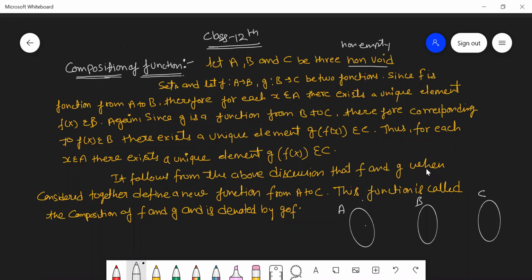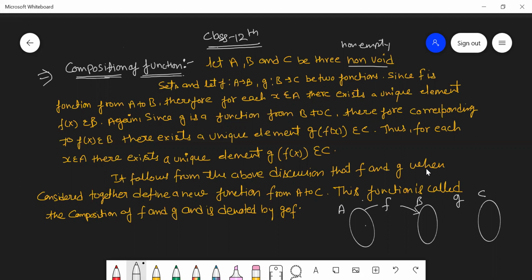Today we are going to study the topic of composition of functions. Let A, B, and C be three non-empty sets. Let function f be defined from A to B, and function g be defined from B to C. We have two functions. Since f is a function from A to B,